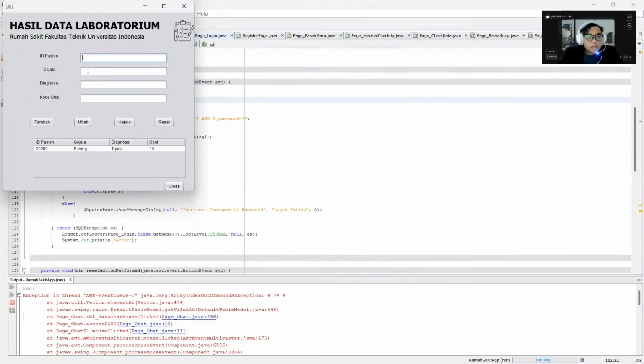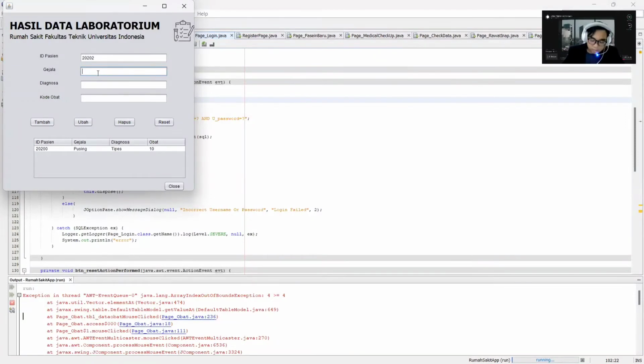just fill the data and click save if you are filling the data patient, like 20202, because the ID patient we have read is 20202.